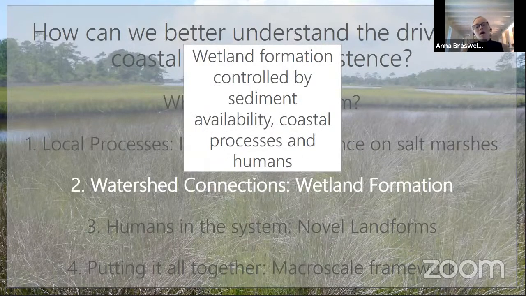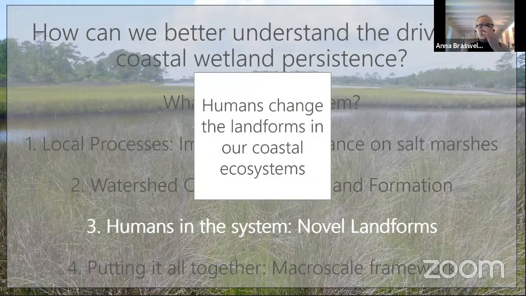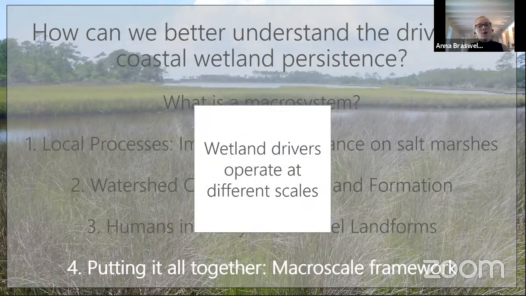We also found that watersheds and coastal processes and humans can all control wetland formation, really tying them to these larger systems. We saw that humans change landforms across our coastal ecosystems in ways that we might not think about, but are often pervasive. And so considering them in our system is really important. And finally, when we put it all together, we can see that